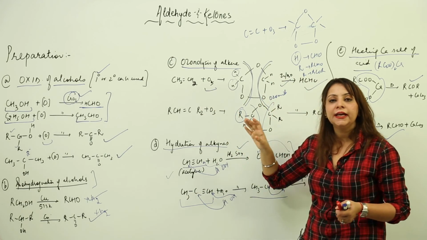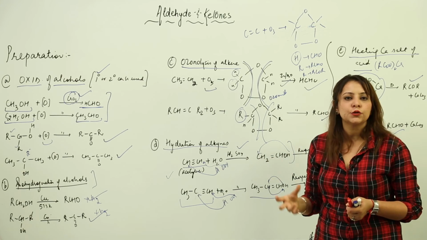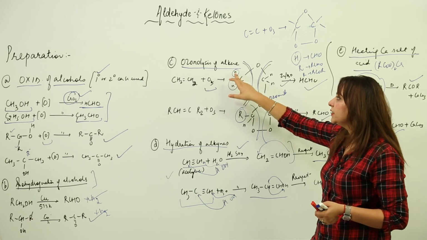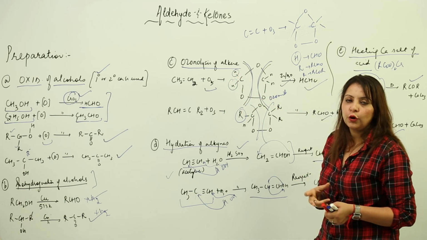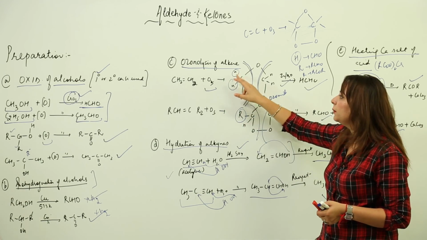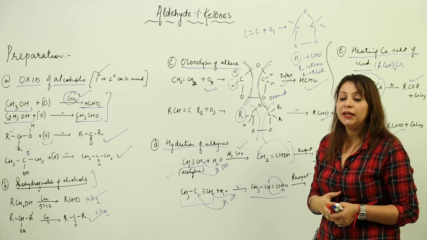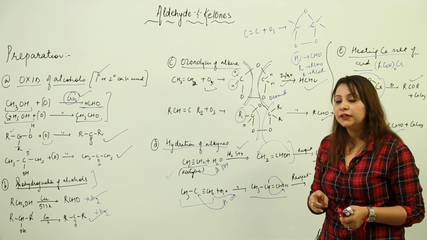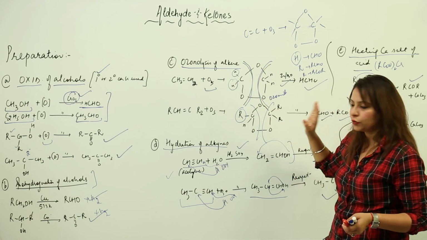It is particularly the addition of an ozone molecule to an unsaturated system, that is, the double bond of an alkene. It gives rise to an ozonoid. If both are H, it is going to form an aldehyde, and if one of them is R, then again it is going to form an aldehyde. But if both the H are replaced by R, then it is going to produce a ketone. You can easily see this when you make an ozonoid.